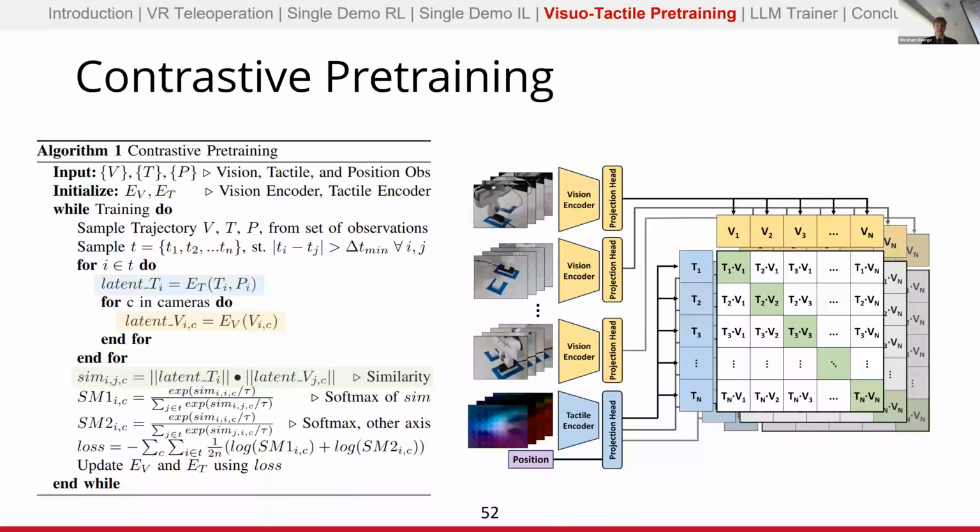Low cosine similarity. Important to note, although we had 100 demonstrations for this, we only pulled these contrastive pairs from within a single trajectory. So therefore, our encoders had to learn how the scene itself evolved over time, as opposed to learning differences between initializations. And we also put a cap on how close in time these contrastive pairs could be pulled, because if you're only apart by 1/10 of a second, you're not really going to be that different. And this method does require our contrastive pairs to be different from each other.